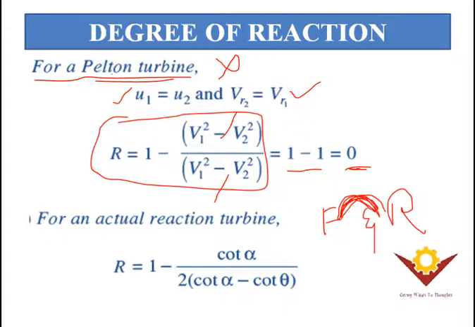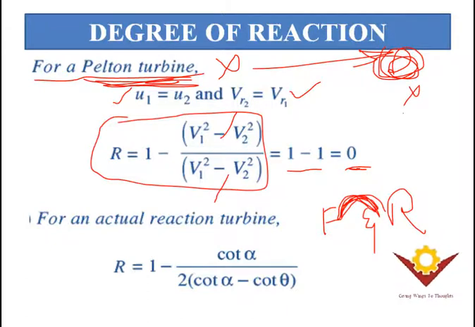But here in the Pelton wheels, we don't have any fixed or guided vanes, so the jet is directly impinging on the runners. So we don't have any pressure energies or difference of pressures, and there is no formation of reactions. But here we have a few things like reaction pressure. Because of that, reaction is happening.